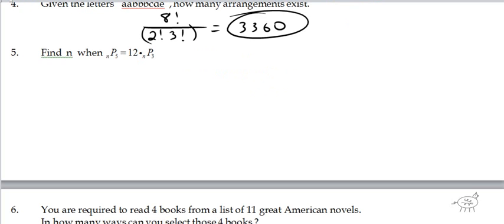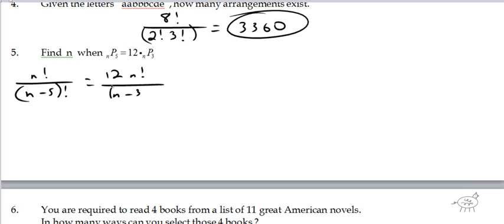Okay, number 5, very important problem. We've had a lot of practice with this one. You guys definitely need to know how to do this one. And basically it's just remembering the formulas for a permutation. So let's set this up. It's nP5, so it's going to be n factorial over n minus 5 factorial equals 12 times n factorial over